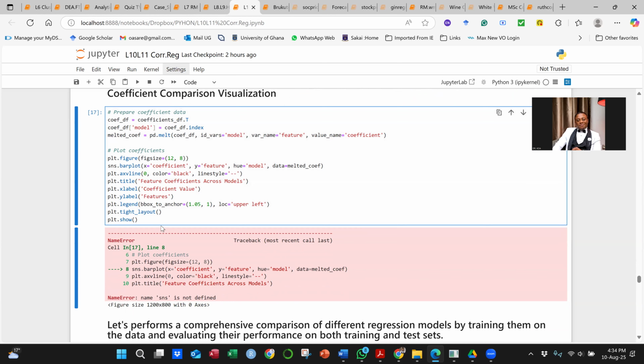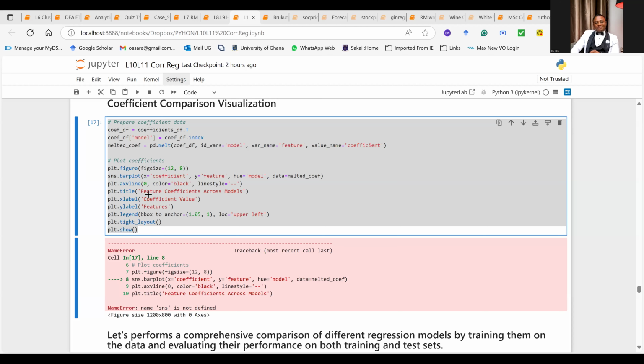Okay. So I didn't really have that particular code showing, so it's possible that I have an error for that particular code.